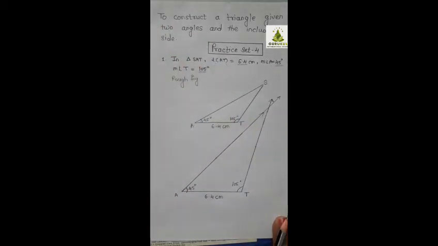Okay. So this is your first construction for practice set 4. Remaining sums are same as per the given. First you have to draw the rough figure and then accordingly draw the angles, set the point and join the rays. So that is the homework for you children. So you practice for them at home in your maths notebook.